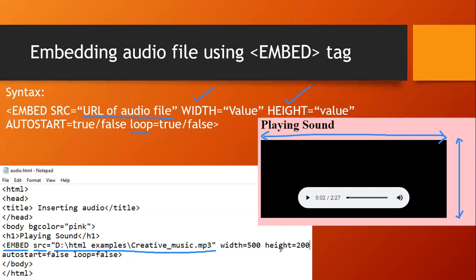You can give whatever the values you want. Auto start I have given here false, loop also false. It means it will play only once and will get stopped because loop is false. So I think it is clear.